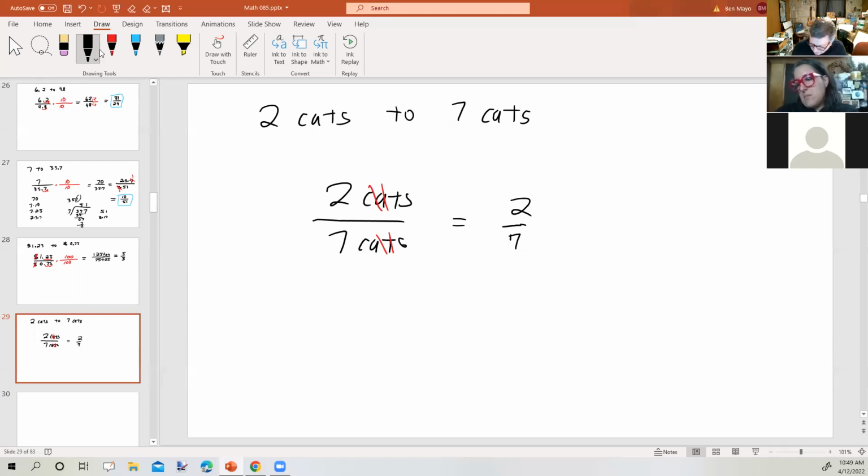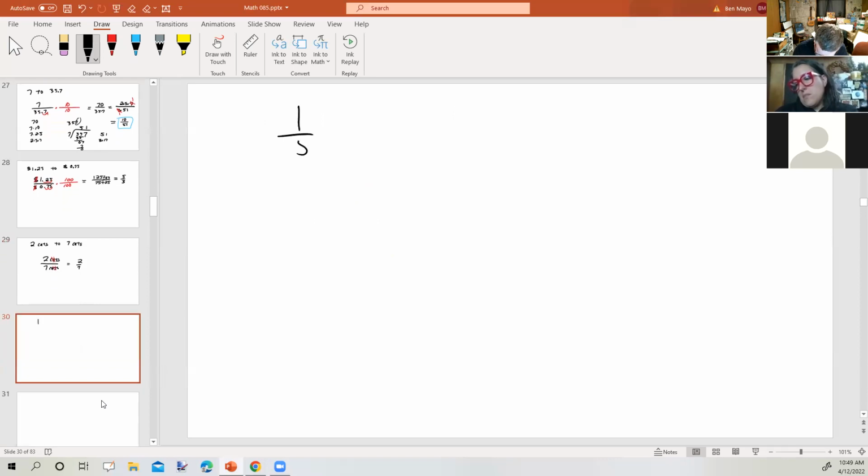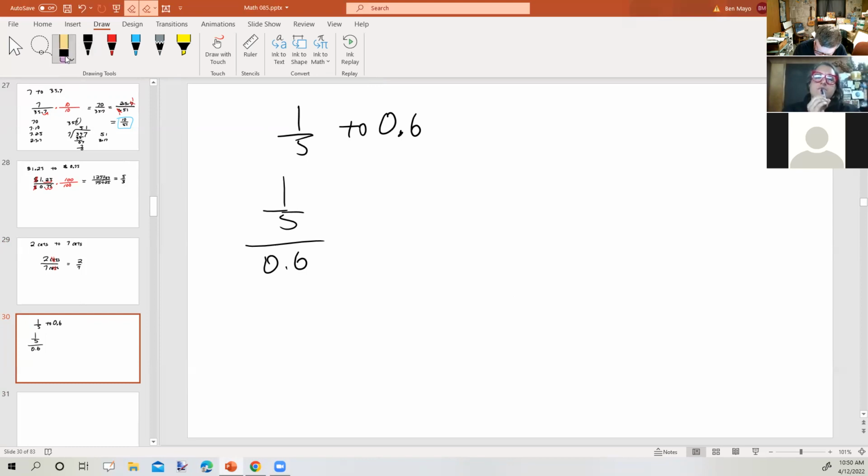Okay, let's take a look at this. 1/5 to 0.6. Now, I need to write this as a fraction, and I could start out by saying, well, 1/5 over 0.6 and go from there, or I can do some simplification first. It might be best to have them both as decimals or both as fractions. So